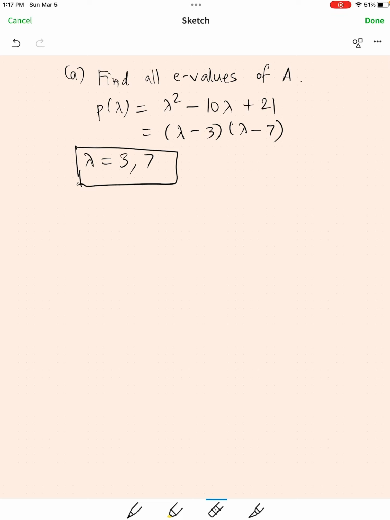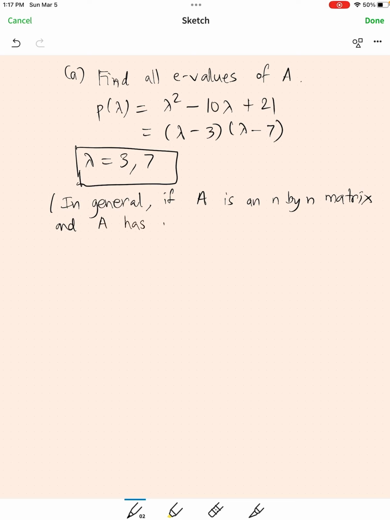Should I just write that down? So in general, if A is an n by n matrix, and A has n distinct eigenvalues,